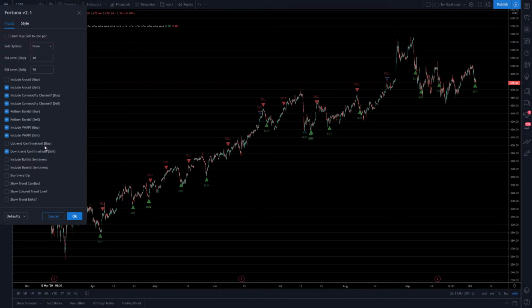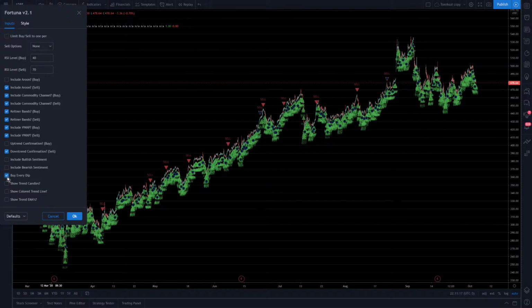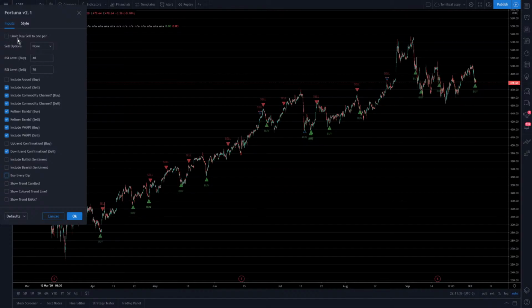Alright, so pretty much all of this right here is new. The bullish sentiment, the bearish sentiment, the buy every dip. This is like ludicrous buy mode. So ludicrous buy mode looks like this. And I'll explain in a second why it's like that. It will probably get changed eventually, but I left it in there for now. Basically, every time the stock dips, it tells you to buy, so do not use it right now. It's meant to be used with the auto trade mode, which was relabeled to limit buy sell to 1 per,